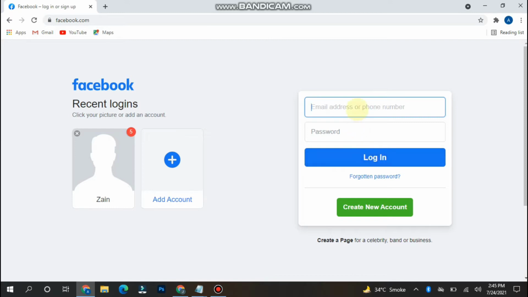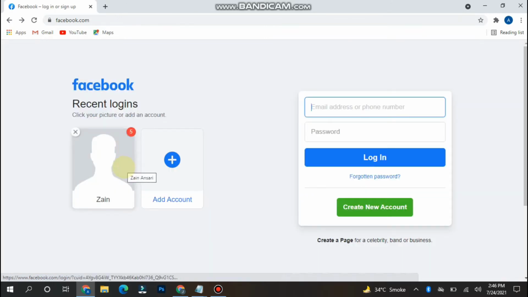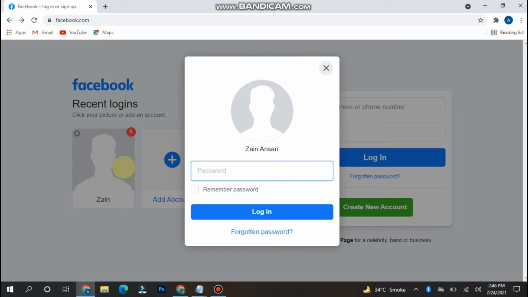So first of all, try to enter your older email or the phone number and enter the older password and click on the login. If you won't find like this, simply you can click on the forgot password, and here you have to enter the mobile number. Maybe the hacker has not yet changed your phone number, so try to search here. Once you search for it, if you find it then it's better, otherwise go back and you have to create a new account, or you have to open some other account.